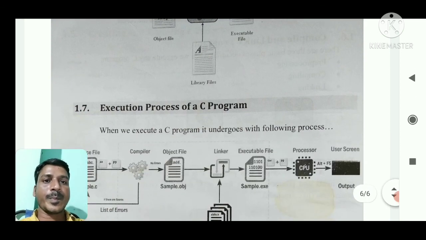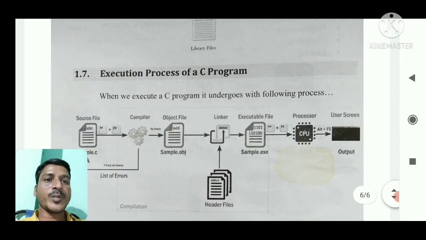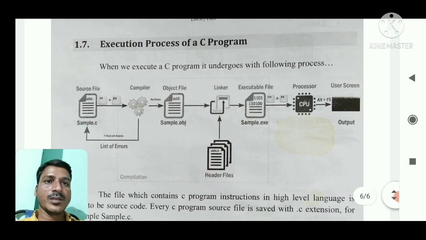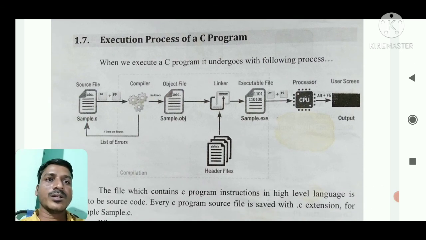Next, the execution process of a C program. Dear students, you can observe here, when we execute a C program, it undergoes the following process from beginning to end.